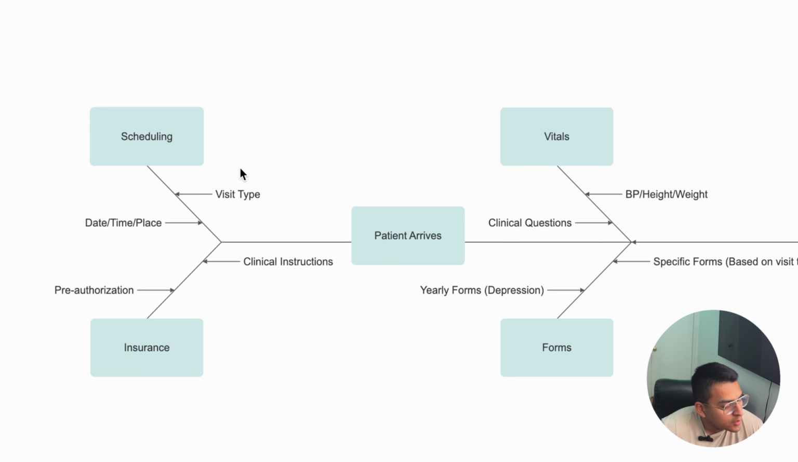Okay, so once we have this scheduling part done, the patient has an appointment and the date, and we know what the visit type is. Then the patient arrives for their appointment at that physical location. So this is the patient arrives part of this workflow. Once the patient arrives, they check in. There's a lot going on in this area too that I will not be going over in